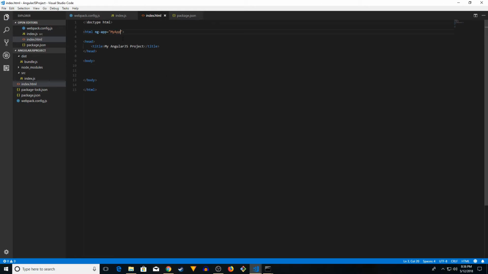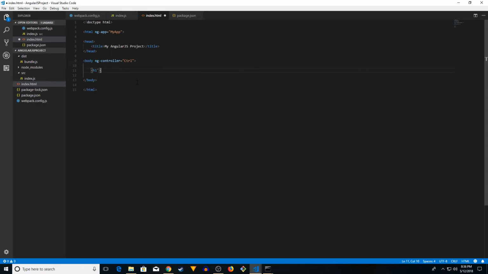Okay, make sure you got the name right. This is the same name you get from here. Module name is my app. And here, there's another thing you have to do in body. You have to say Angular, which is ng-controller. Then you're going to put the name of the controller, which is ctrl, shortcut for controller. Remember? All right. So put that here, and now we can have access to